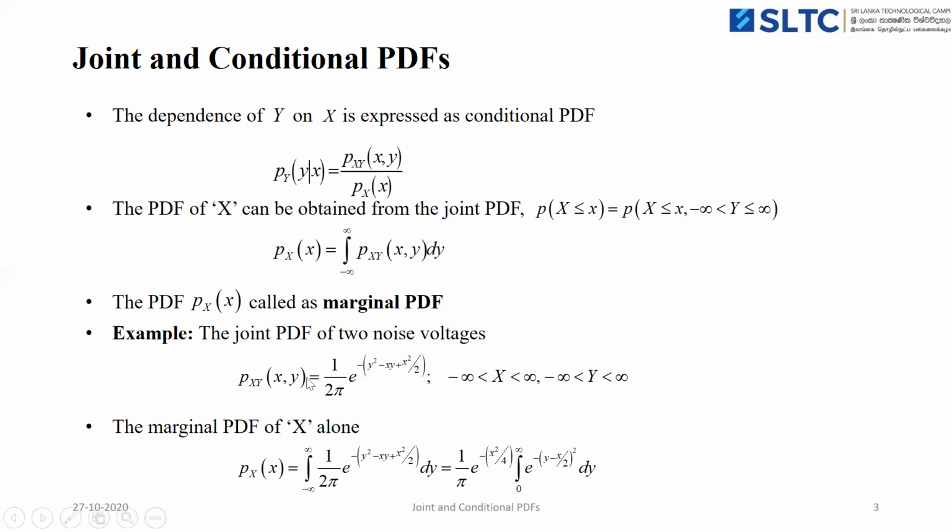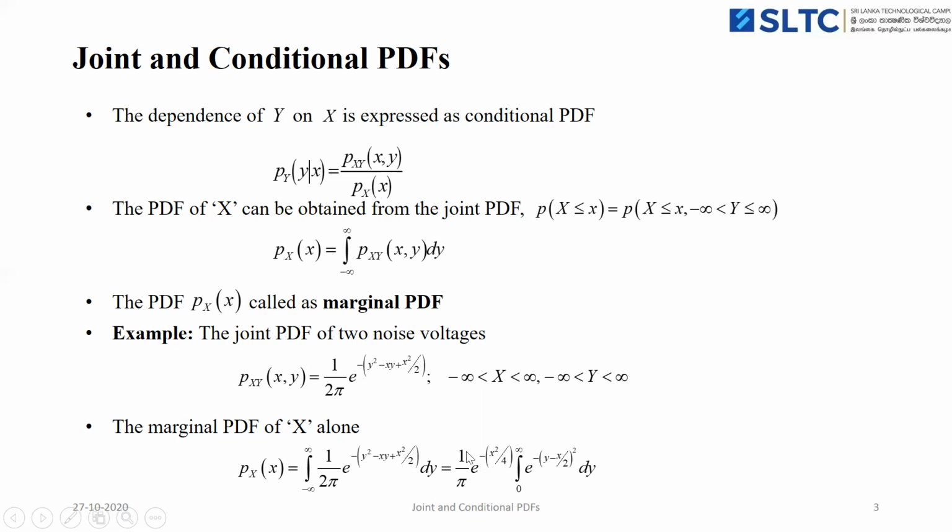So we can find the marginal PDF function by integrating the joint PDF with the other random variable, that is random variable y. We integrate this joint PDF p of x comma y over the interval minus infinity to plus infinity with respect to the random variable y, that is dy. Here we can see the exponential function looks like a minus b whole square form, so we can rearrange this exponential term.